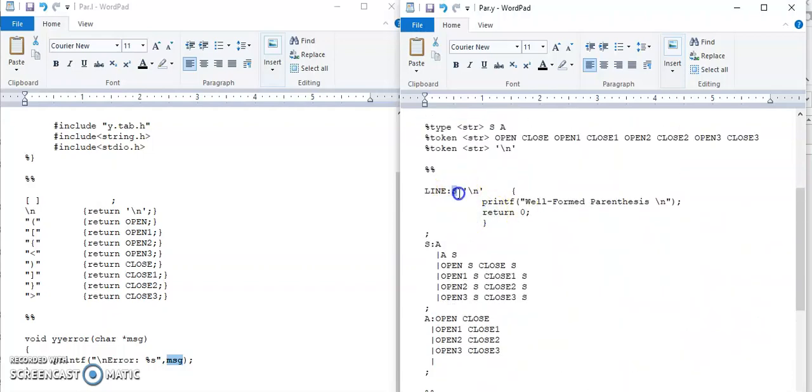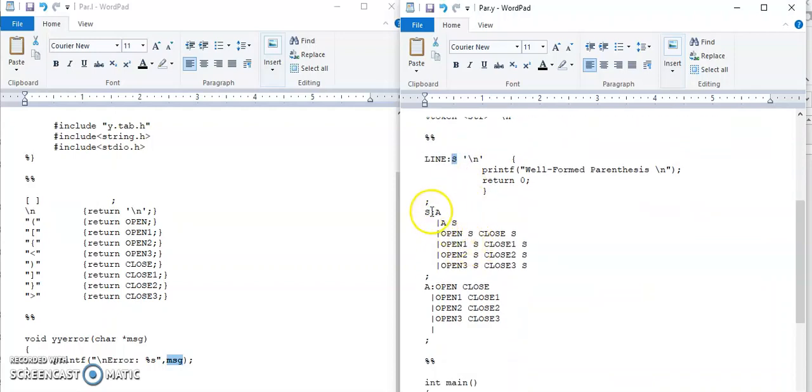Then this S is going to check the syntax of the expression. So what can be an expression? The rules are: S gives A, or A S, or open S close S, or open 1 S close 1 S, and the other combinations.